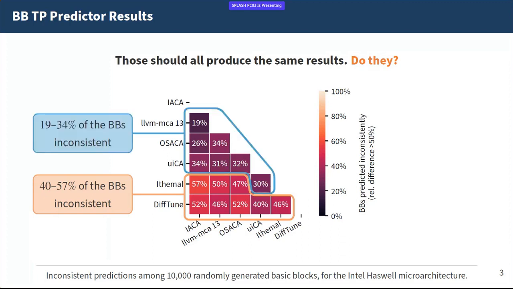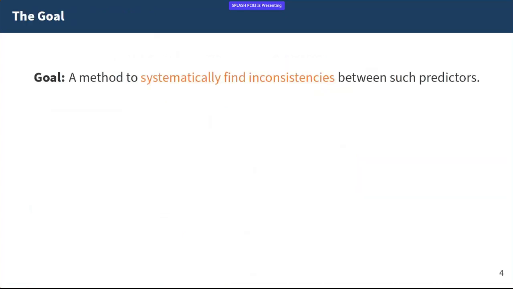But also for the other tools, we still have a fifth to a third of the generated basic blocks predicted inconsistently. So when seeing this, at least I found this pretty worrisome, and therefore that's basically the motivation for our work here. We wanted to come up with a way of systematically finding and characterizing these inconsistencies in a helpful way,